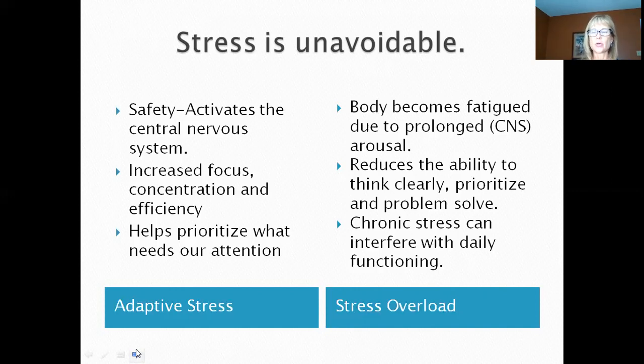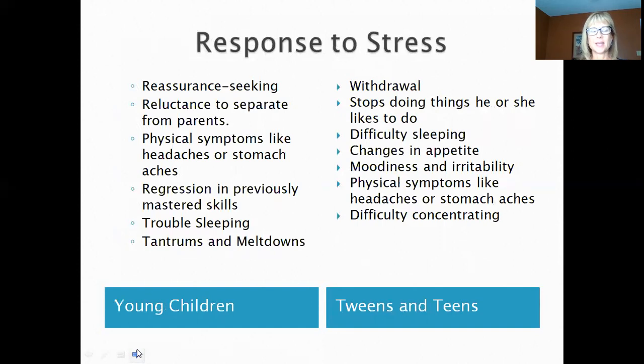And so it's important to recognize that some stress is a very positive thing and very adaptive, and it helps us to survive. But other forms of stress, when stress lasts too long, can become very counterproductive and destructive. And so today we're going to talk, as I said, about how we stay on more of the healthy side. First, let's be able to identify when a child or our teenager is feeling stress,